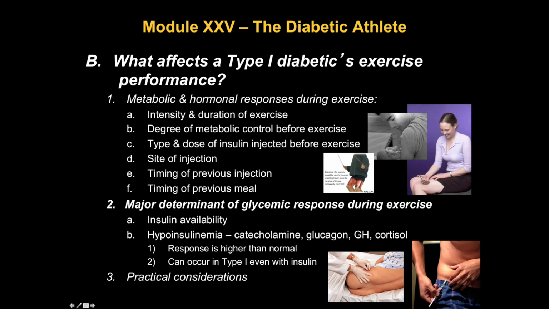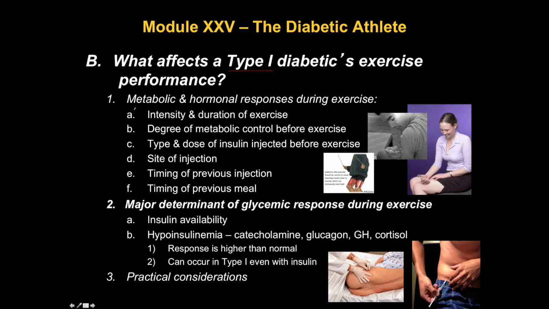What affects a type 1 diabetic's exercise performance? Well, first off, let's define the type 1 diabetic. Type 1 is the kind of diabetes where the person produces low to no insulin from the pancreas, so their glucose concentrations are going to be quite high if they're not managed. As far as exercise performance is concerned, this doesn't mean that they can't exercise. It just means that they have to be a little bit more cautious about the timing of insulin injections, etc. So they have to have better control than the average person as far as introducing exercise into a regimen.